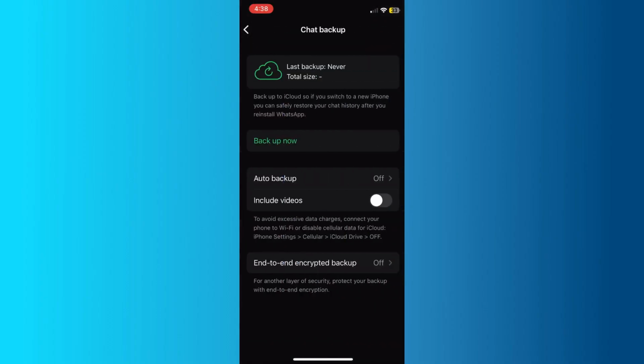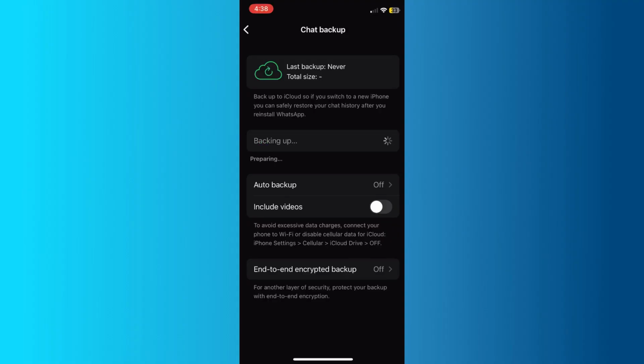If the backup was created before the message was deleted, you can restore that backup, and you'll be able to see the deleted messages on your device. Keep in mind, the messages will still be deleted for others in the group or for the original sender. Tap on Chat Backup. As you can see here, I haven't taken a backup before, but if I tap now,